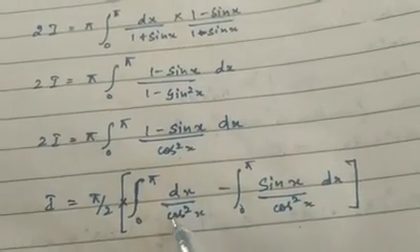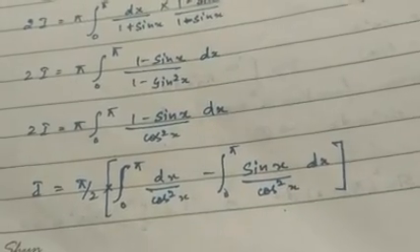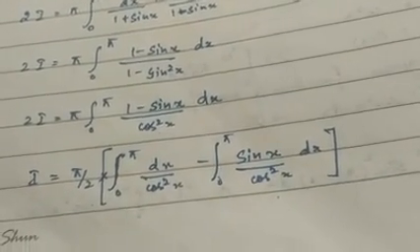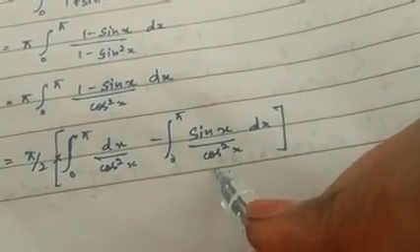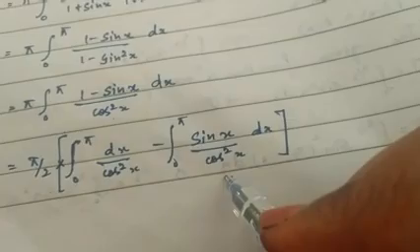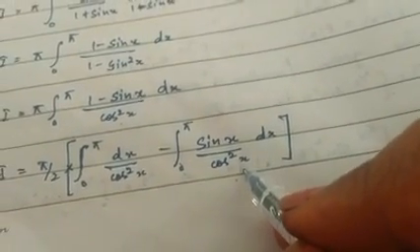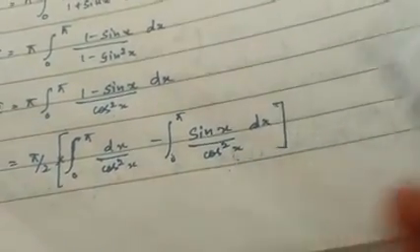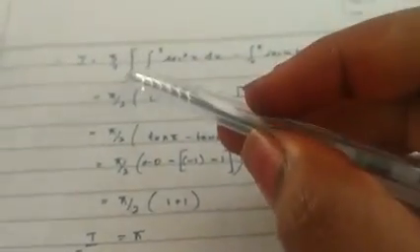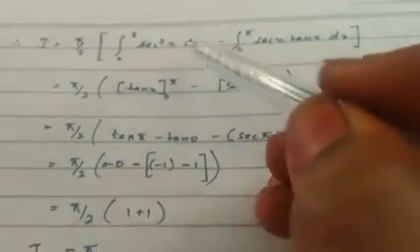So here this can be written as secant squared. Therefore integral over secant squared x dx is nothing but tan x. Now here the sin x divided by cos squared x can be written as sin x by cos x is nothing but tan x. Then 1 by cos x is nothing but secant x. Therefore, integral over secant x tan x dx is nothing but secant x. So, you should learn the formula before doing it. So, the first integral I equal to pi by 2 integral 0 to pi secant squared x dx.